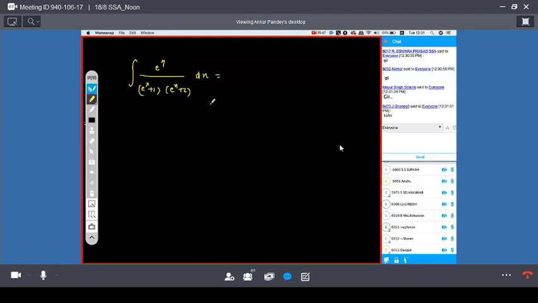Single step solution. Very good. What will you substitute? E to the power x equal to t. Very good. So then you know e to the power x dx equal to dt. So in the numerator it will become just dt, over t plus 1 into t plus 2. Yes or no? It can easily be dealt with in the previous way. What is that? Quickly. Log of